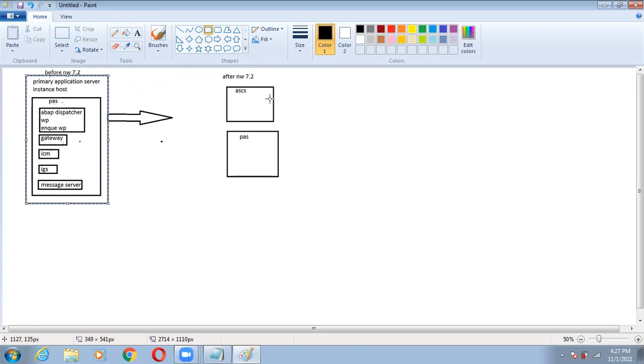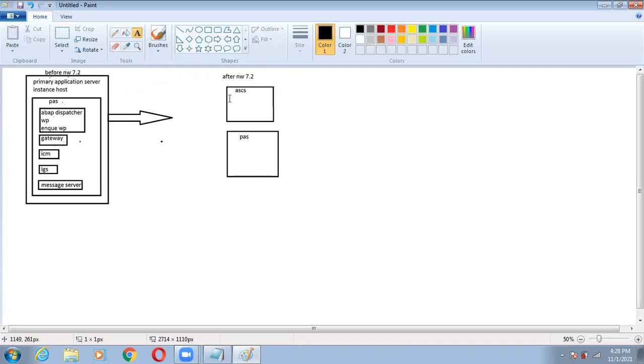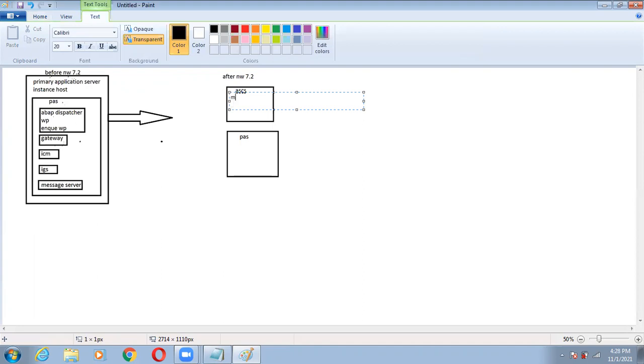Now this primary application server has been split. What are the components? I will write here: message server and enqueue server, I am writing in short, and enqueue replication server.